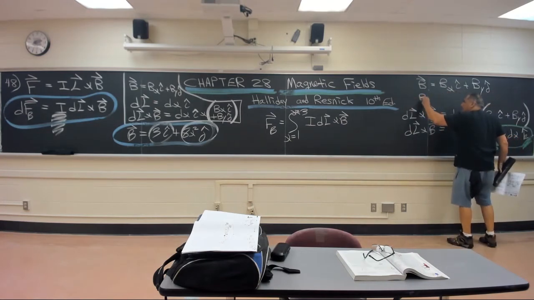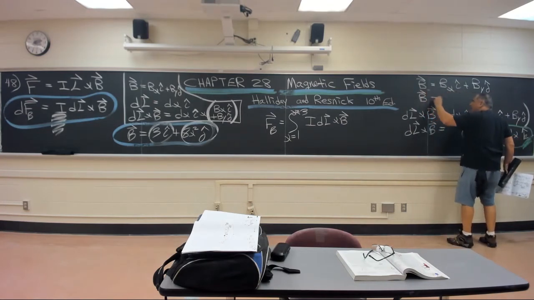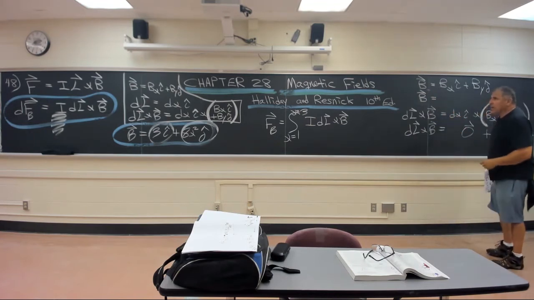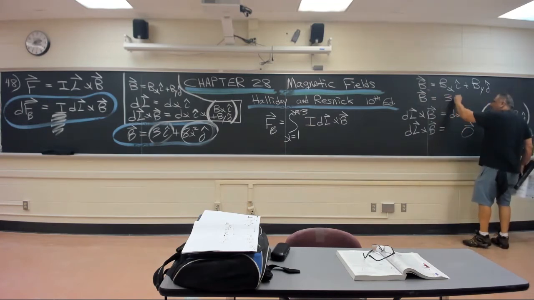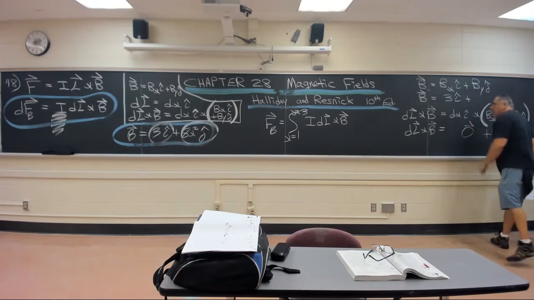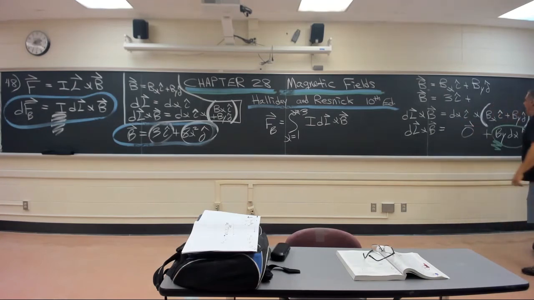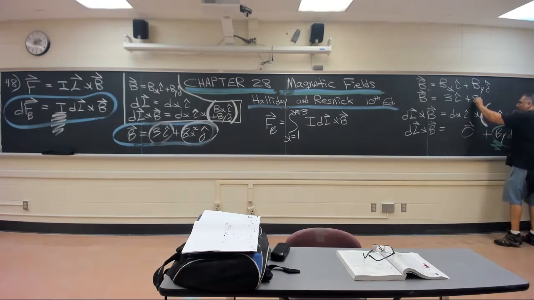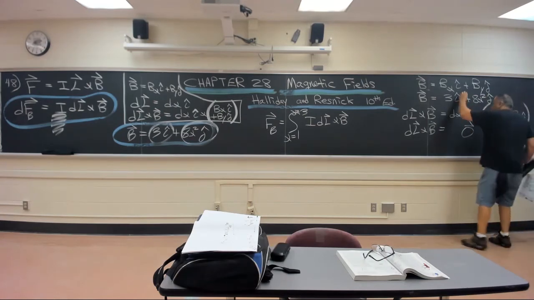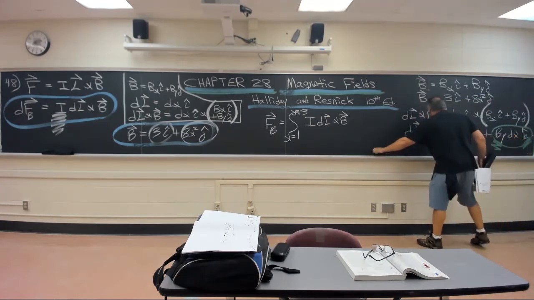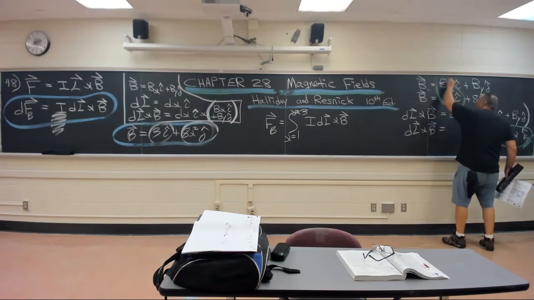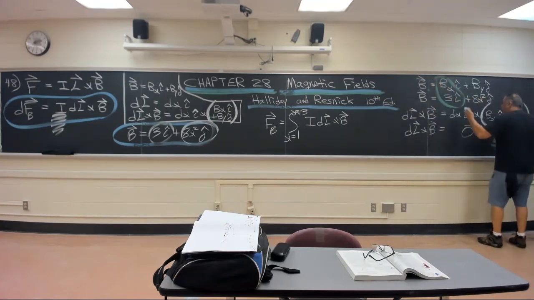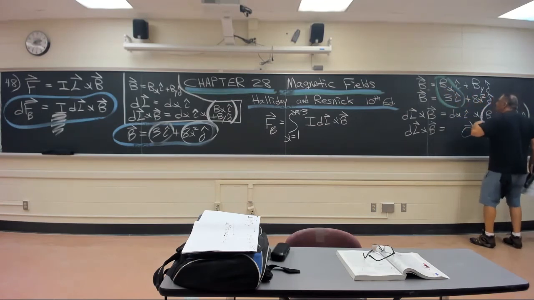Well, just for the record, I think we know it anyway, but let's talk about it. 3 i hat, 8x squared j hat, the bx is the 3 i hat in terms of magnitude. The magnitude of bx is 3 i hat, or forgive me,